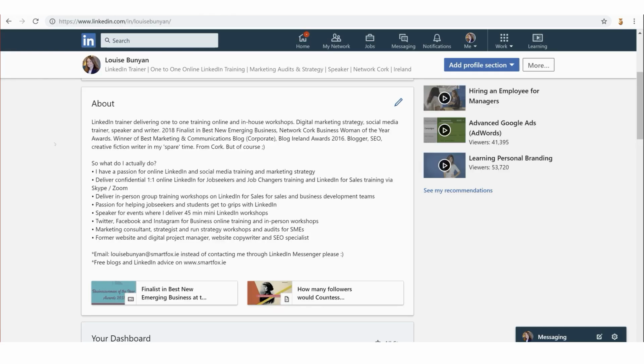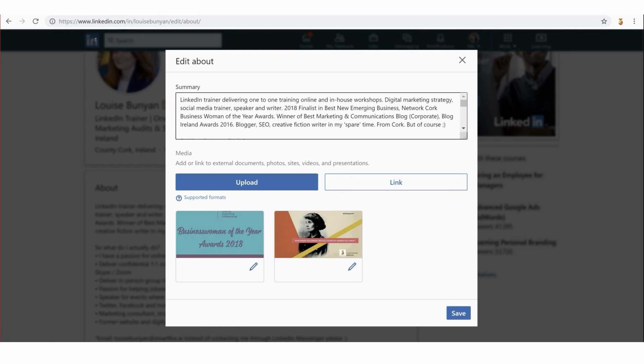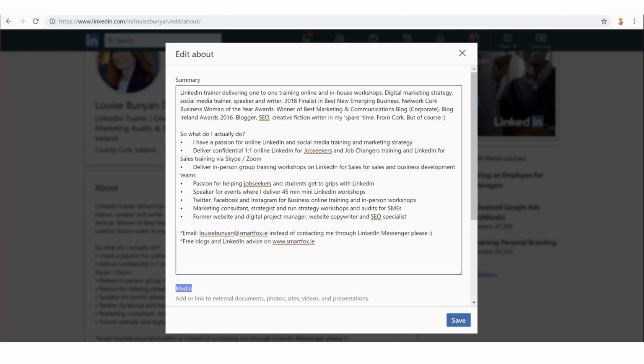So to edit your About section, it's really easy. We have to go to your own personal profile, and then we scroll down, or we're looking for the About headline, and then we look for the blue pencil. So we click on the blue pencil. Now, it's still called summary. It used to be called personal summary, but they've renamed it now to the About section. And you can see that the box, it's not that easy really to use. So that's why I always prefer to write it in a separate document and copy and paste it back in.